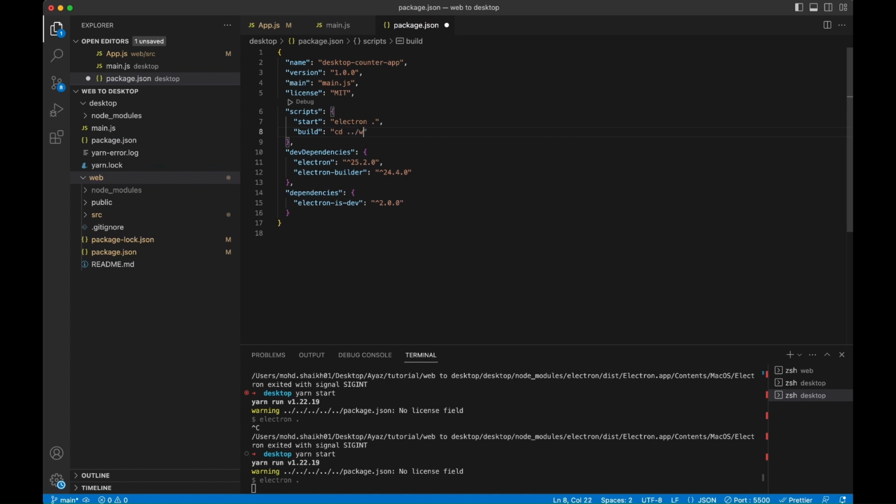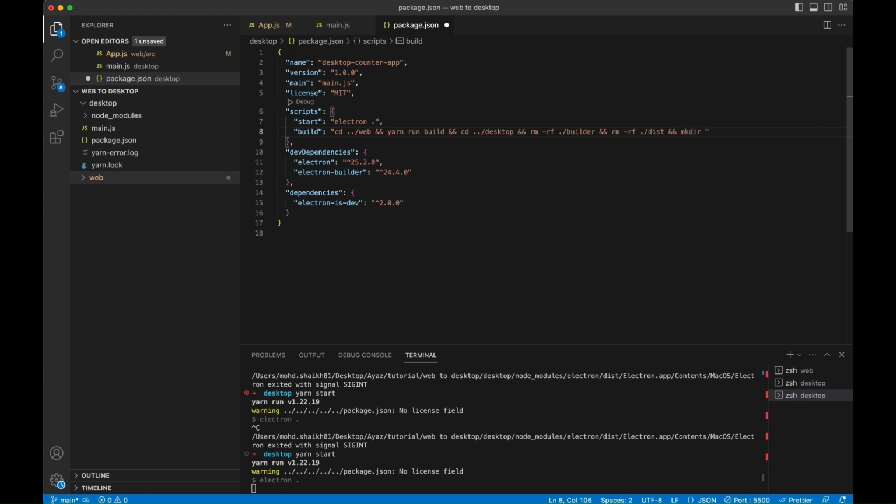So first, whenever this build command is run, we will go inside web and we will do yarn run build, and then we have to come back to desktop. So what we are going to do here is we will create one folder called builder, where we will copy everything from this build app from this web. So we will then remove that builder folder every time this build is run. So here we have to remove it first. I know there is no folder here, but you will see how it works in just a second. Remove builder, and there will be one more folder created, which is called dist, where we will have the Electron production app. So we will be removing dist every time we are creating a build,